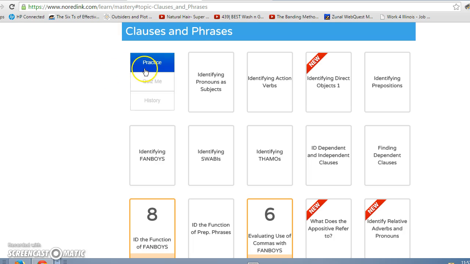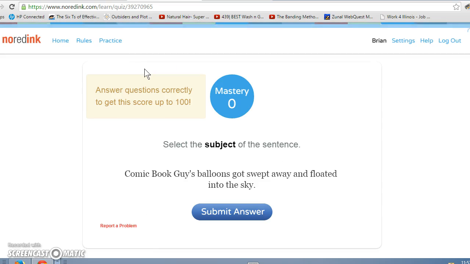So this is just a guide to show you how to navigate the site. I hope that this helps. If anyone has any questions about the format or anything in regards to the site, or if there's any type of grammar issues that you may have that aren't addressed here, just let me know, send me an email, or just talk to me after